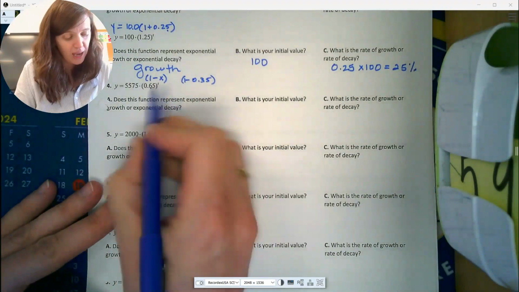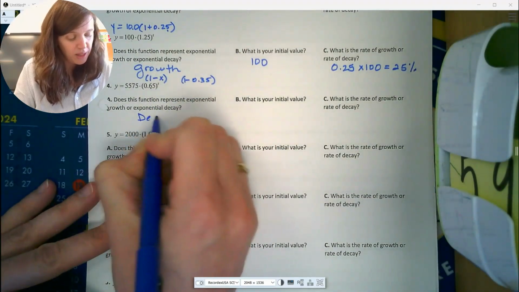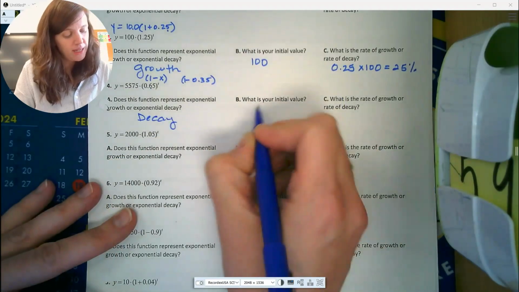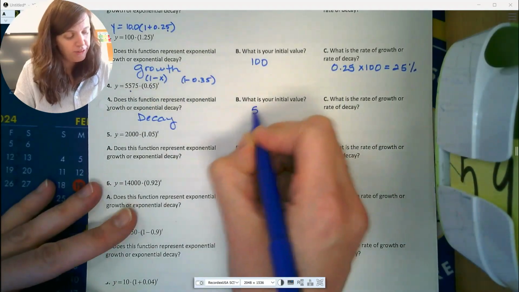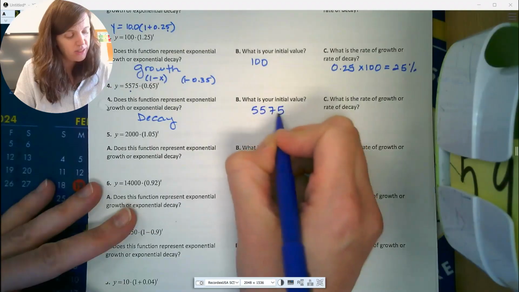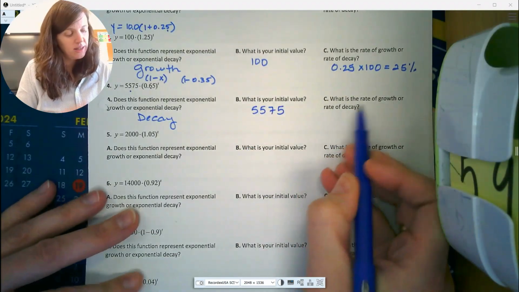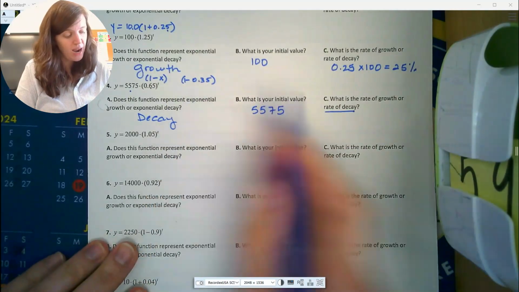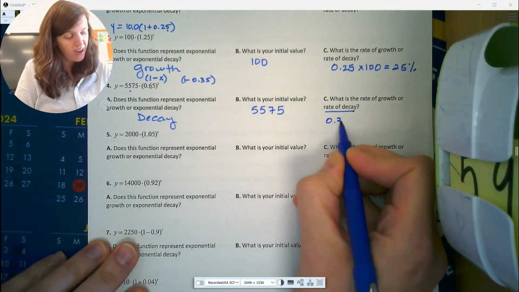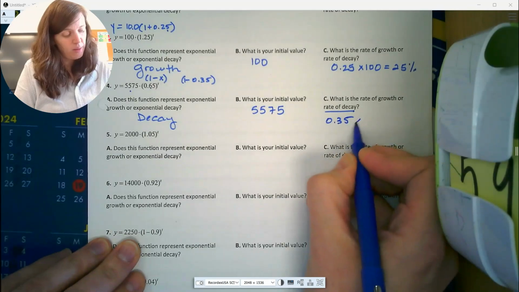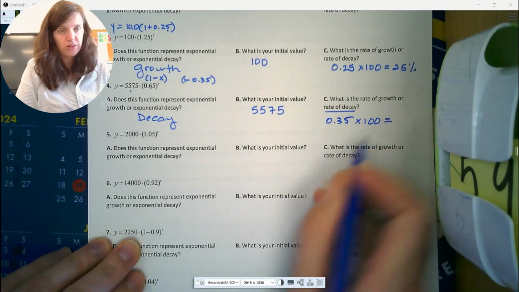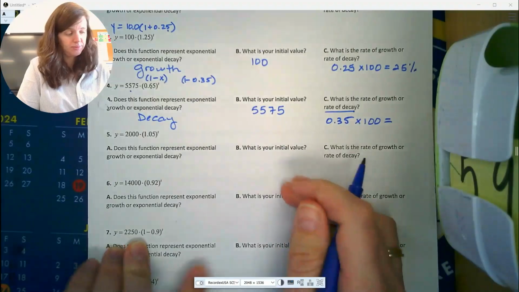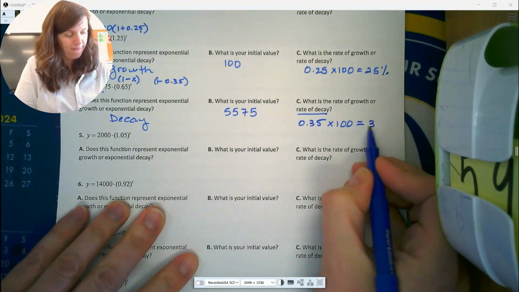So is it a growth or decay? Well, it's less than 1, so it has to be a decay. And what was my initial value? Still just the number in front, so 5,575. And if it's a rate of decay, I need to look at that number. I subtracted 0.35 each time. And if I think about that as a percent, that means it's 35%. All right. So hopefully